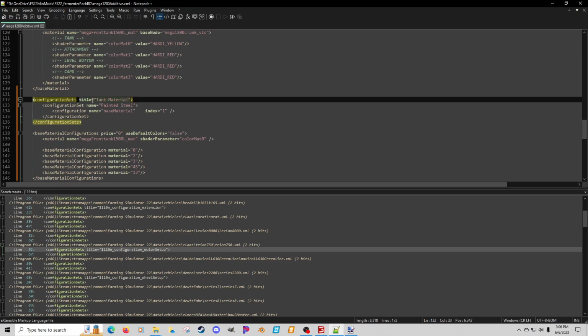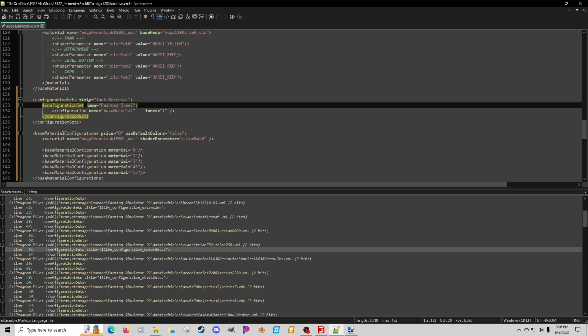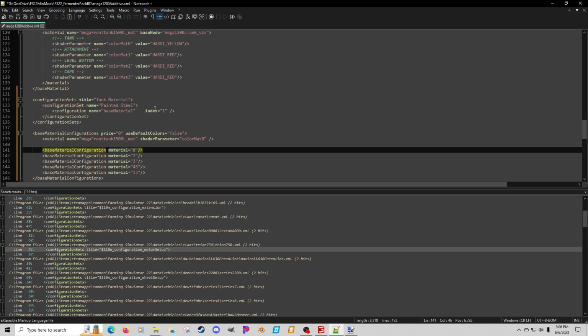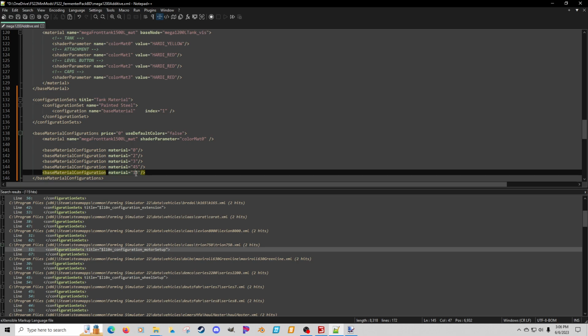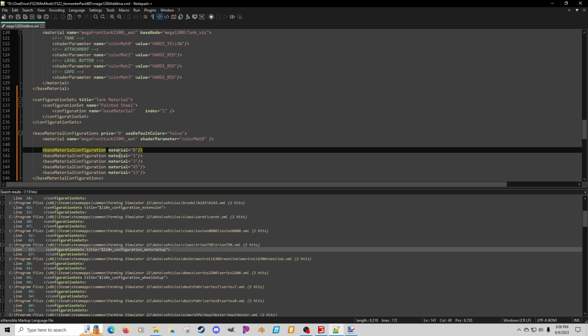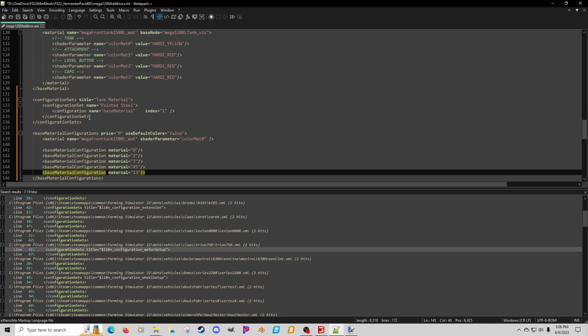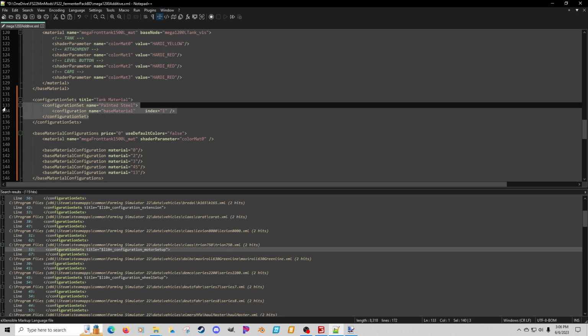So now we have tank material, which is the name of the configuration sets, and then we have configuration set, our first one, looking for index 1, which is the painted steel. So basically how the index works, it doesn't go back to like nodes where it's 0, 1, 2, 3. It goes index 1, index 2, 3, 4, and 5, and so on if you had more. So what I want to do, since we have 1, 2, 3, 4, 5 lines, is I want to do the same thing. I want to copy this,